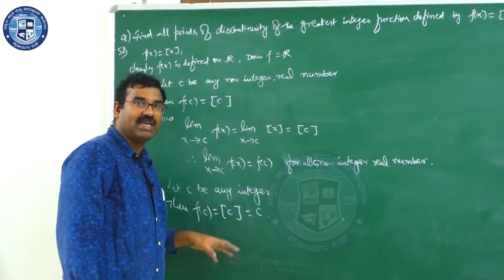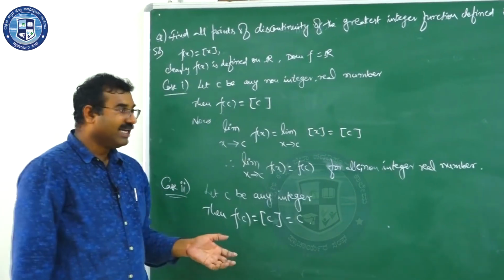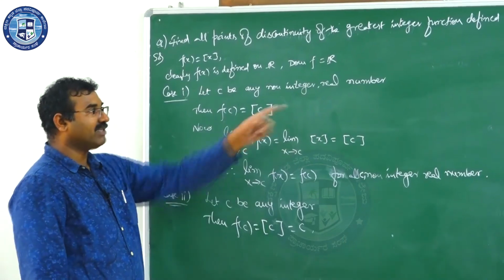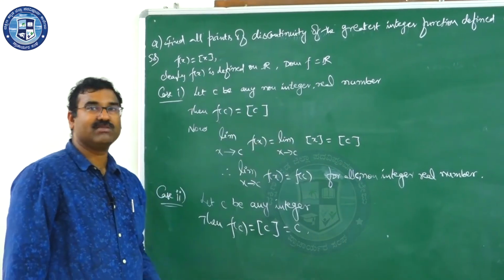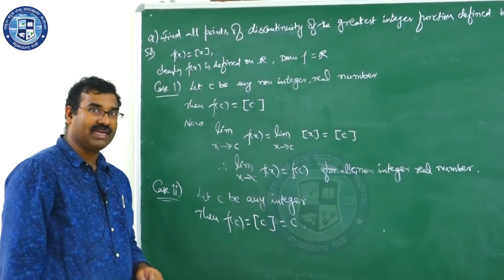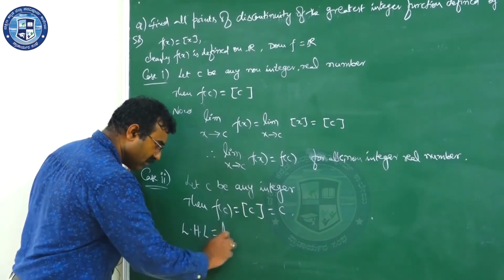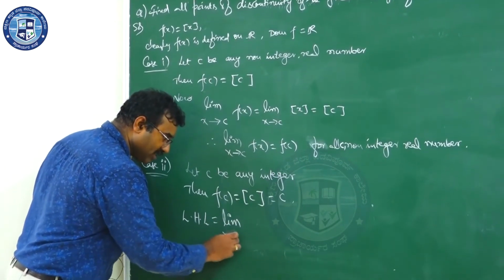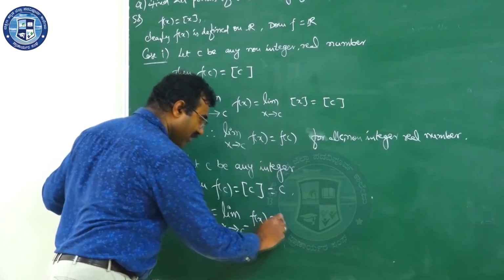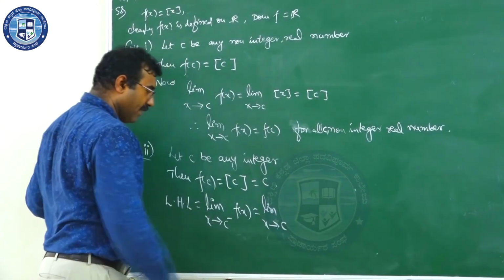Now we work out the limiting value. When you are working out the limiting value, is it necessary to work out left hand and right hand limits? Yes, it's required, because the function keeps on changing at the integer values. That's why we need to change the function for the left hand limit and right hand limit. So we'll work it out. LHL: the limit as x tends to c minus of f(x), which is equal to the limit as x tends to c minus of